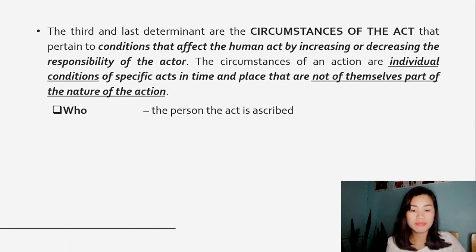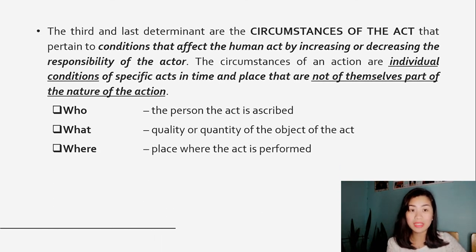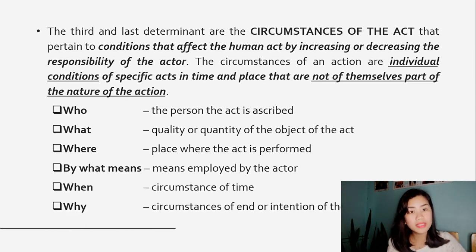Who? The person to whom the act is ascribed. What? The quality or quantity of the object of the act. Where? The place where the act is performed. By what means? The means employed by the actor. When? The circumstance of time. And why? The circumstances of end or intention of the act. Of course,